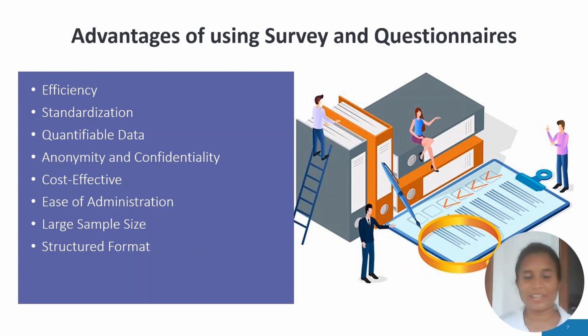So when talking about advantages, it is important because we are not going to use solely the surveys and questionnaires in many cases. We use observations and other methods for that. So that's why it's important as an advantage. Further, efficiency is the most important thing. We can use these questionnaires and surveys in an efficient way to collect our data for measuring the affective domain, and